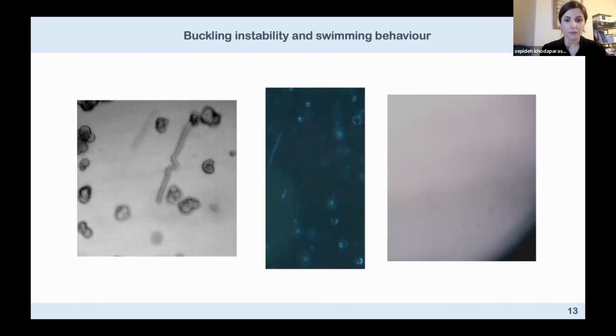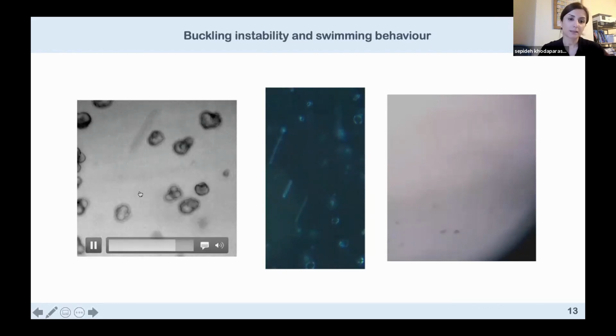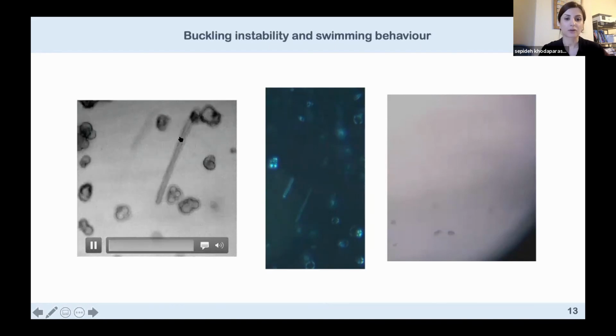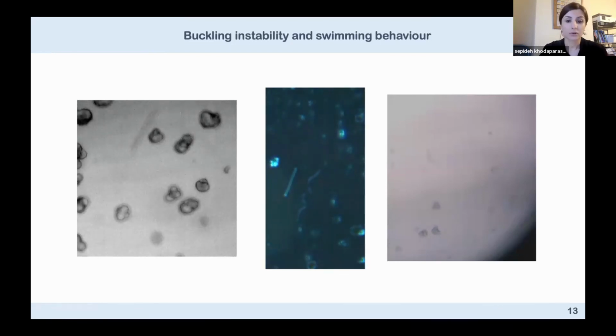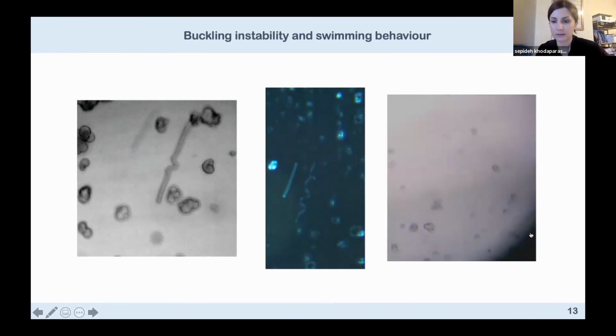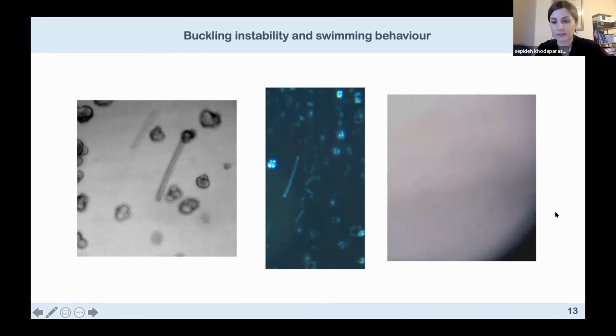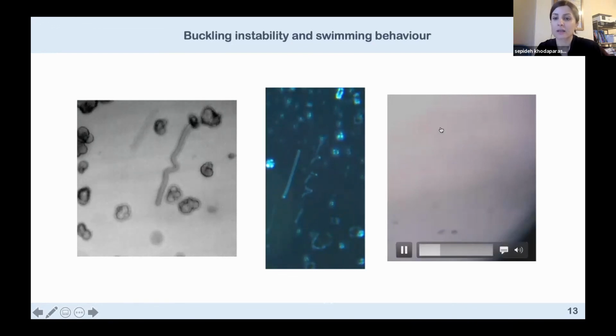These three videos show some of the dynamics that these myelin figures have. The first one is a buckling instability that then retracts and gets back to the droplet. The second one is a myelin that's growing, but at the same time has a helical motion, and it's also growing in length. The last one, which is probably my favorite, is going to go on repeat: a tiny myelin figure that originates here. Wait for it to appear again. At the beginning the contrast is not too good, but it's swimming upward,